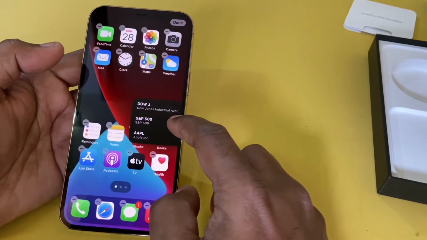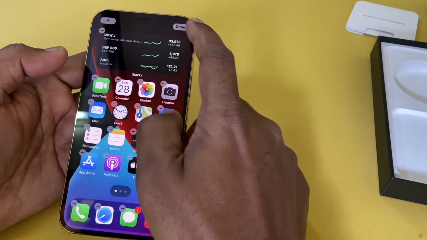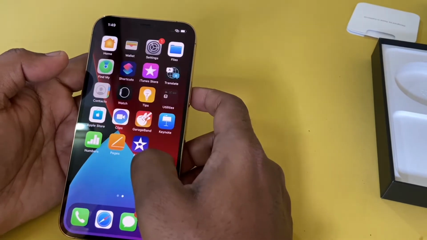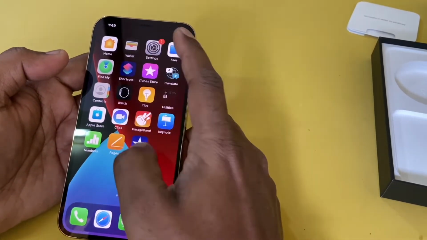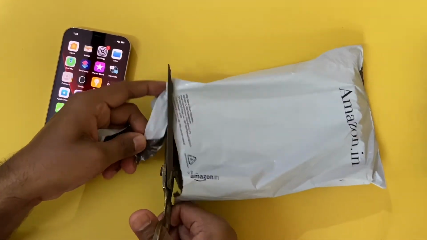And these are the widgets which Apple created for one event, where Apple showed that we have created widgets which you can drag and drop to your home screen.